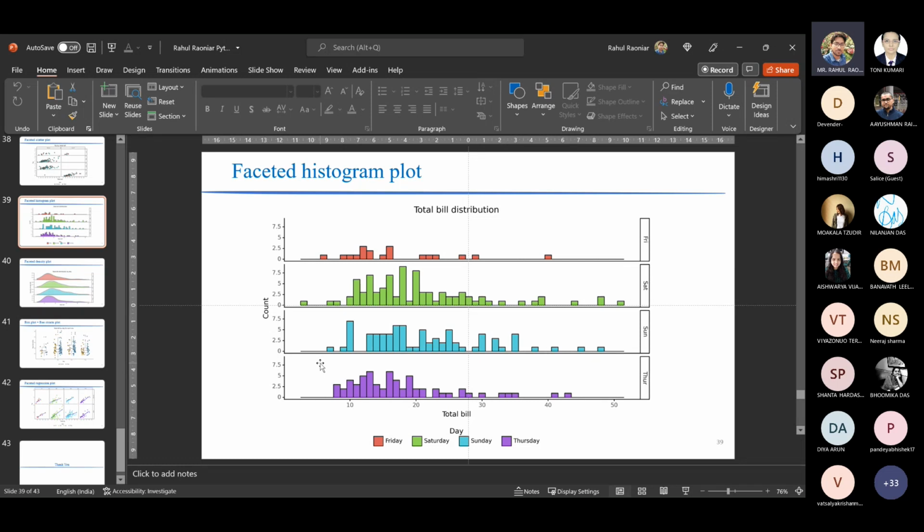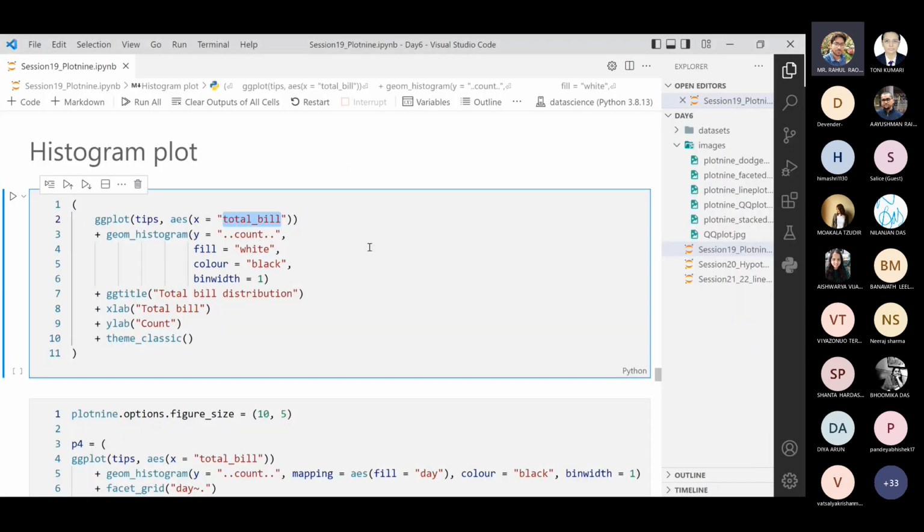Similarly, for 5 to 10, what are the values falling in that bin? Then 10 to 15, 15 to 20, 20 to 25, up to say 50 or 55, whatever the max limit. And that count I am plotting here. That is just a distribution or histogram. So first we will show how to create a histogram for the entire data, and then I will